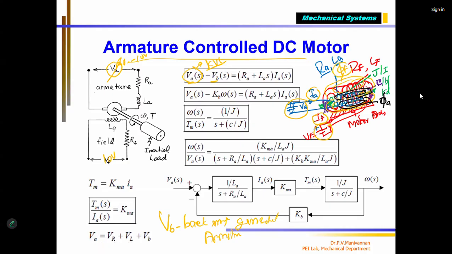The field coil magnet is there, which is constant, and the armature coil produces phi F, phi A. That is also constant. For example, if you keep the armature voltage constant, it will also remain constant. But since the armature rotates inside, it works as a generator. The armature coil also works as a generator. That means the voltage will be induced in the armature coil. That voltage